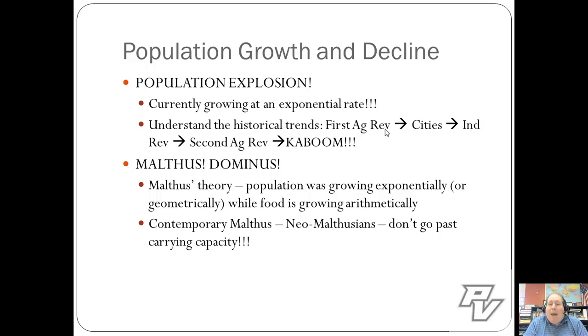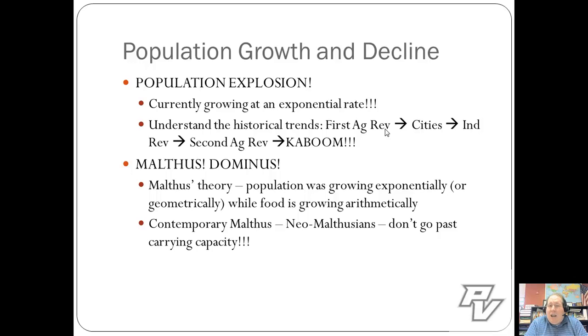And I'm making a bad joke, of course, on the slide, but let's pretend to be shocked that I'm making a bad joke here. Malthus's theory, remember, was that the population was growing exponentially, so that the first generation would have 1, then 2, then 4, then 8, then 16, while food was growing arithmetically. So in the first generation, you'd have 1, then 2, then 3, then 4, then 5. By those calculations, by the time you reach the 5th generation, we have 16 people, but only enough food to feed 5. The problem with this is that Malthus didn't quite get it.